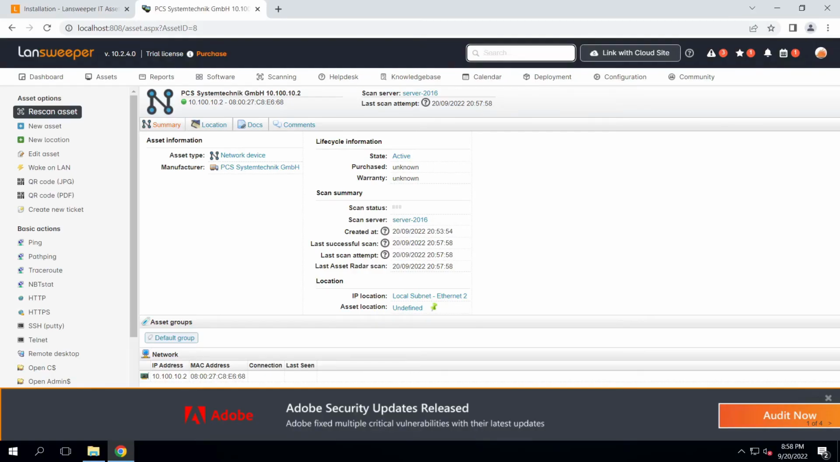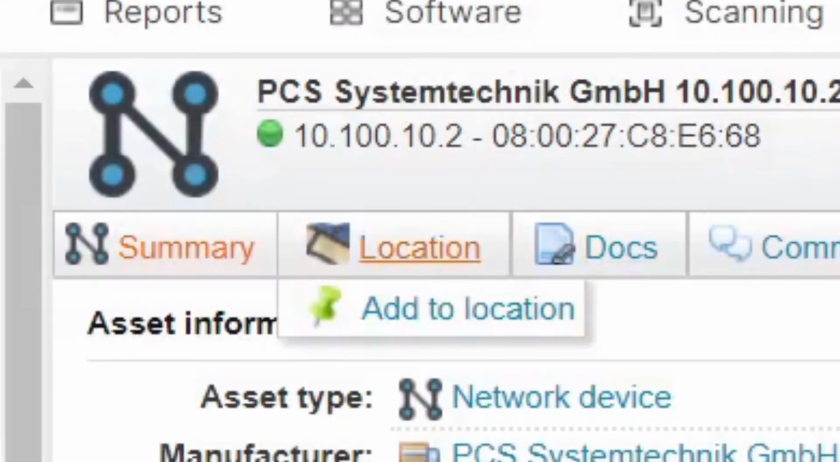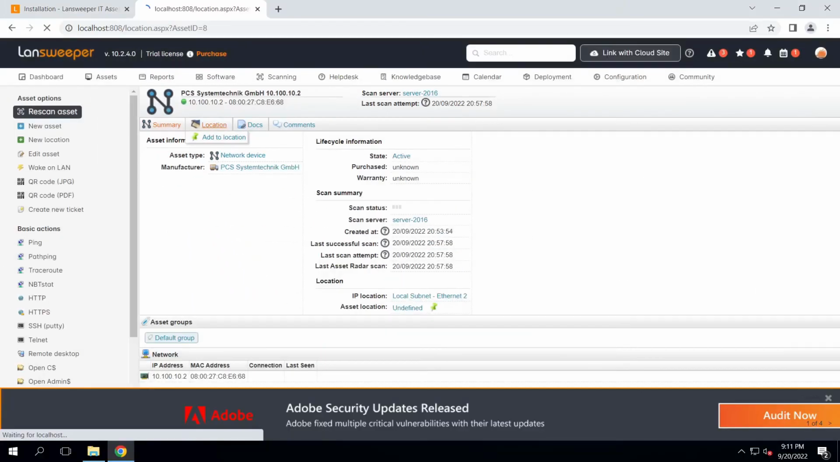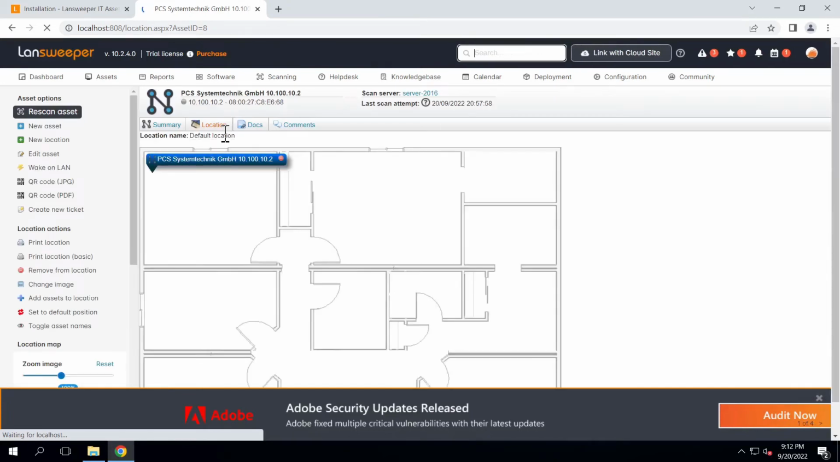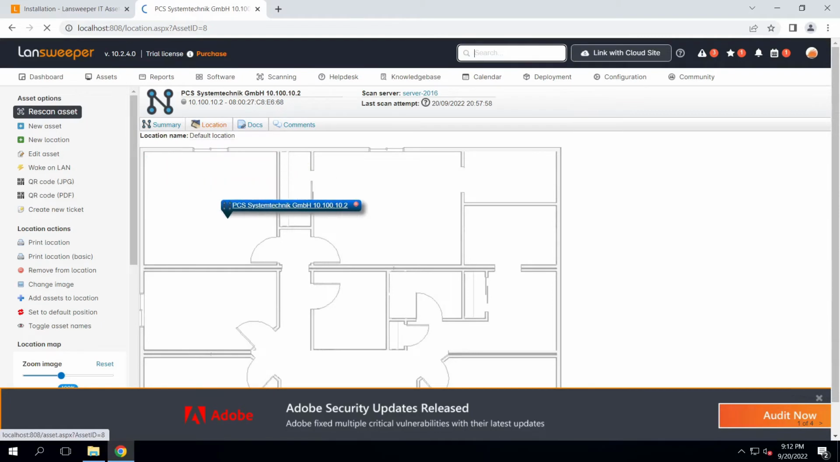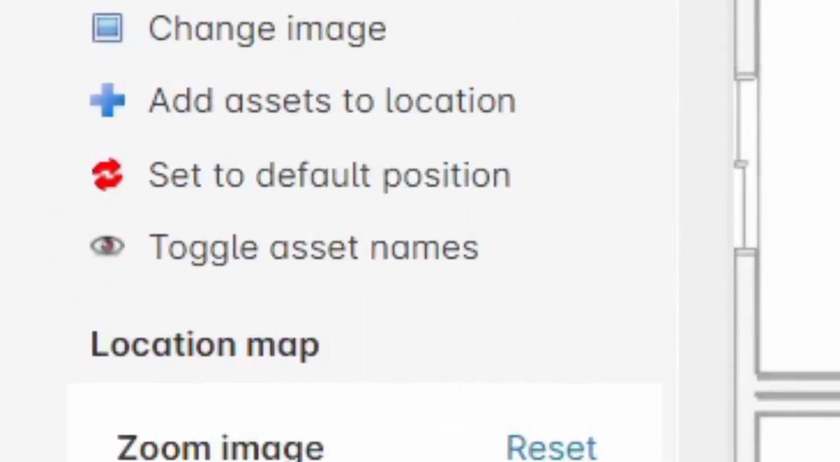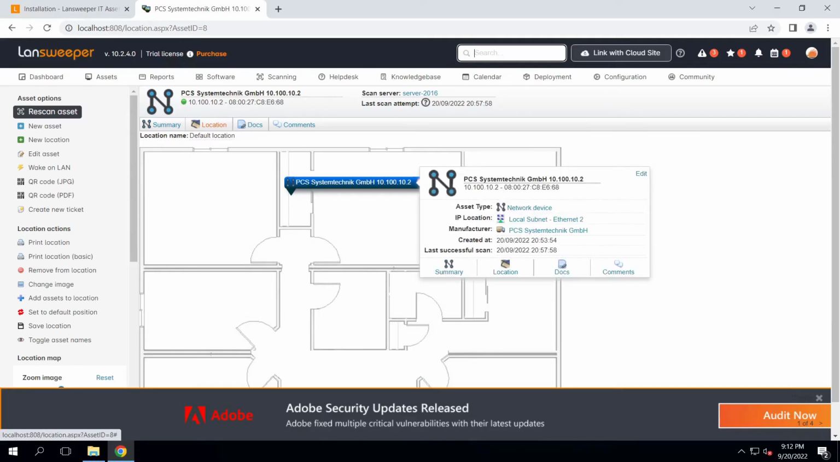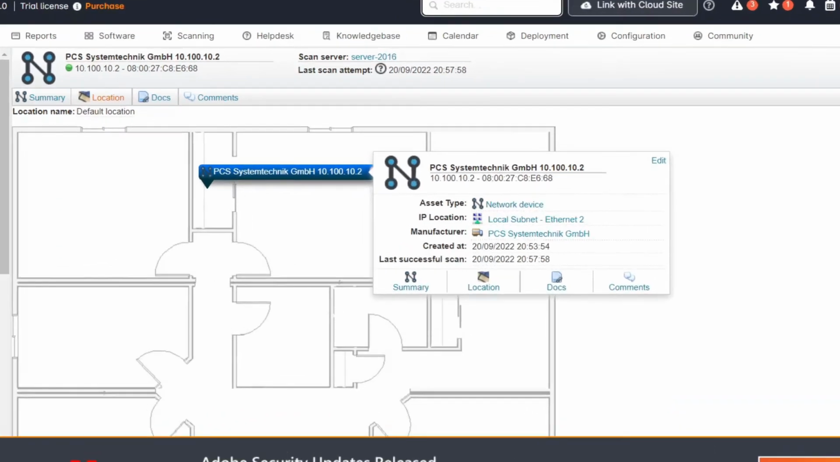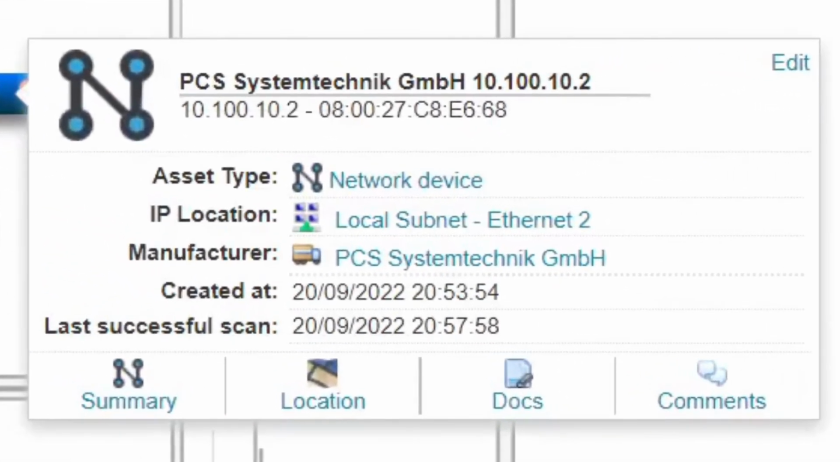Inside of the Locations tab, you will see there's the ability to add to location. This section allows you to upload an image of the building layout, such as a fire escape route or blueprints, and then relocate the device to where it is physically in the layout. You can then save these changes if you need to. Once you've added a few devices to the map, deciphering them can get tricky. Hovering over the labels will give you the exact same details as hovering in the device list does to help